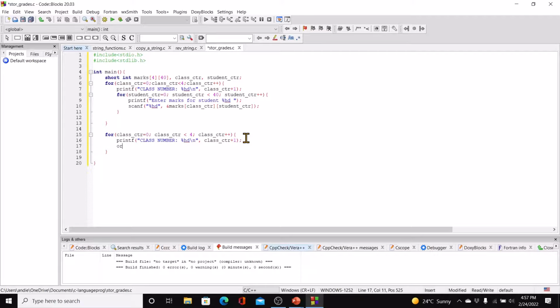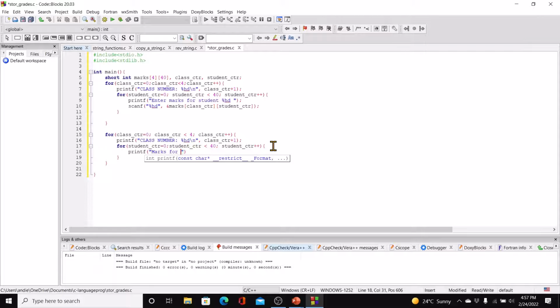And then we have for student counter equal to 0, student counter less than 40, student counter plus plus, and within this loop we can printf